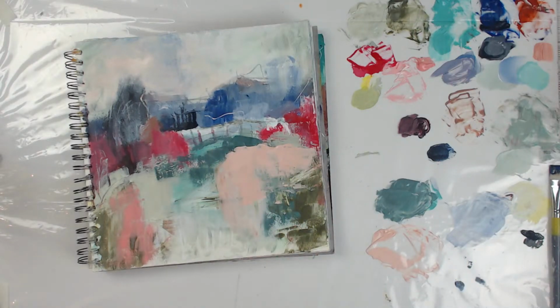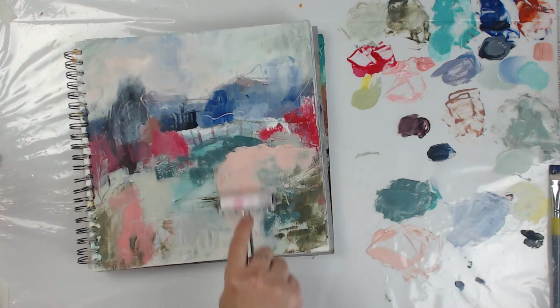All right, and where did my brayer go? There it is, and I'm just going to brayer it because